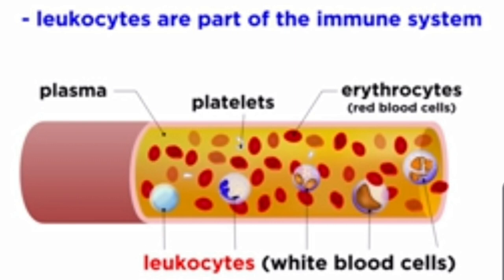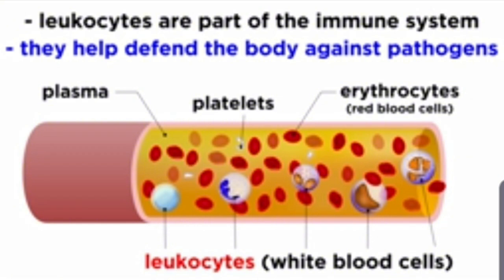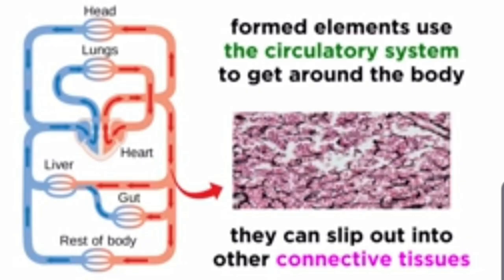But for now, we will just understand that these help us defend against pathogens and other harmful things. These use the circulatory system to get around the body, but they can also slip out into other connective tissues